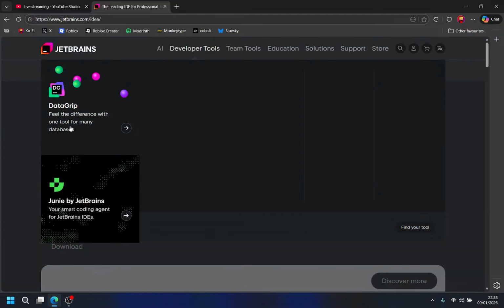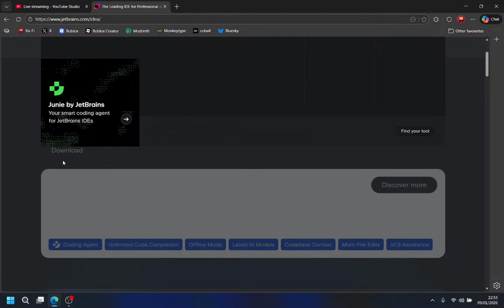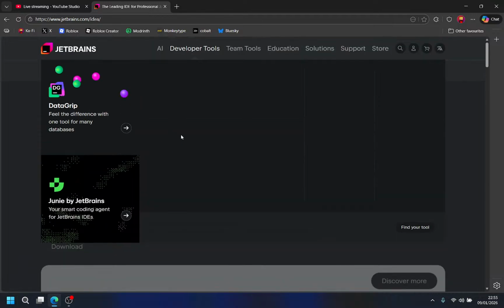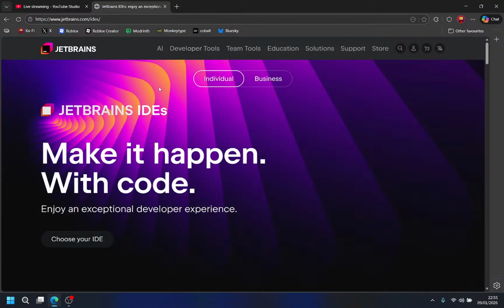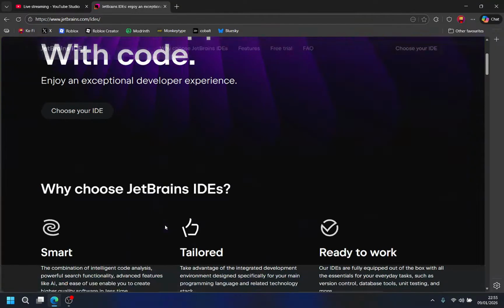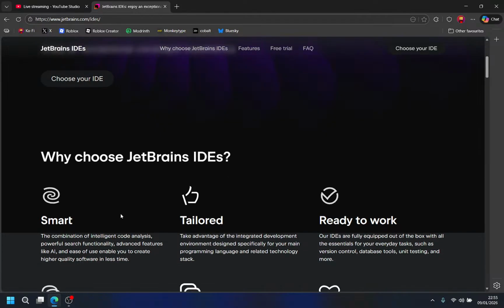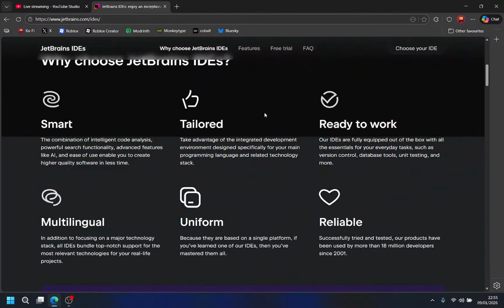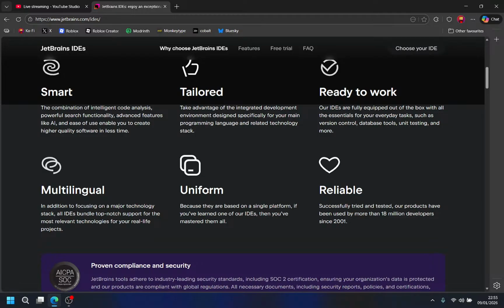Developer tools: DataGrip, Junie, all IDEs, jailbreak IDEs, make it happen with code. Smart, tailored, ready to work, reliable, uniform, multilingual.